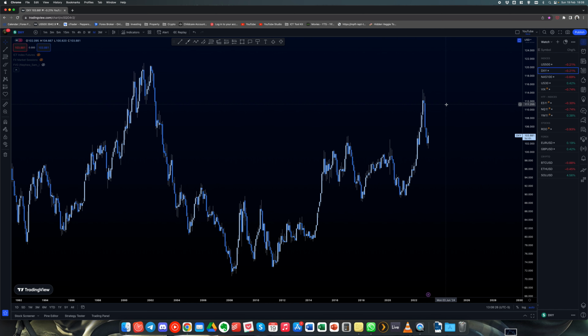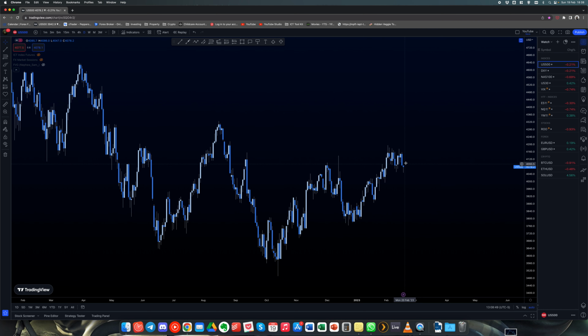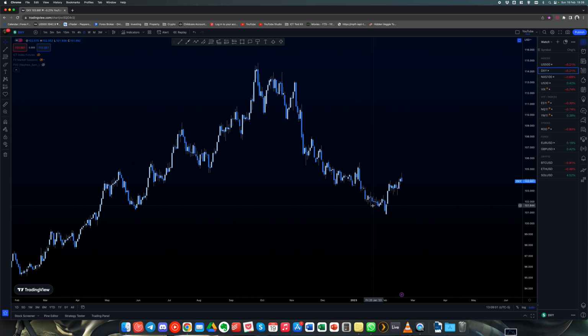So I've been having a look at some seasonal tendencies, and the seasonal tendency for January and February on the whole is consolidation, indecision, choppiness, sideways ranging. And I think we are actually now seeing that in the US 500. So if I have a look here, we've got all of this from January. We've had a little push up to take some buy side liquidity, and then we're just trapped in this range here. And on the dollar index, we've actually turned bullish in my opinion, which we'll cover as well.